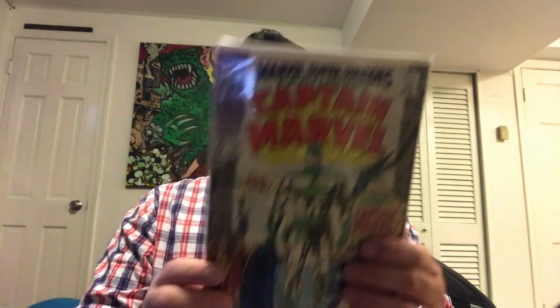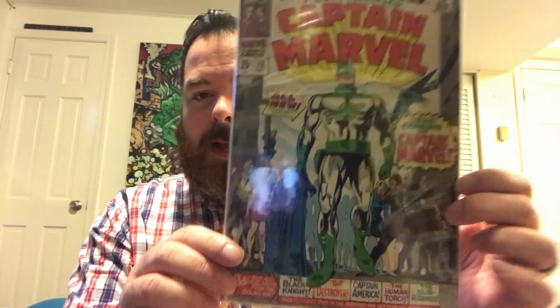But there we go. Marvel Superheroes number 12. First appearance of Captain Marvel. I couldn't believe that I found this in a dollar bin. The spine's a little split, but it's in overall pretty decent shape considering, like I said, it's been not bagged and boarded for the past probably 40 years. This is like an old barn find or somebody's attic or something, down somebody's basement for the past 40 years,